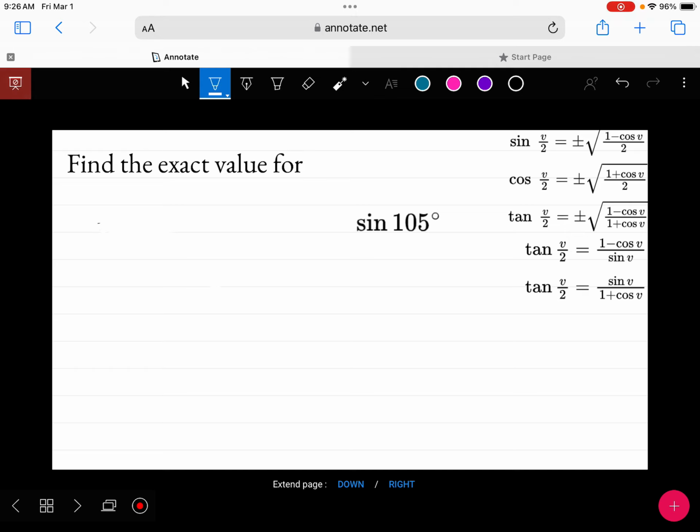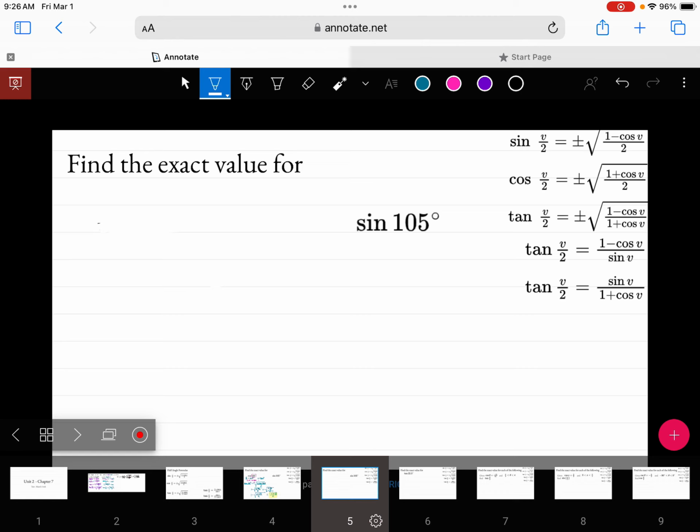There we go. Sine of 105. So again, I don't know 105 off the top of my head. That's not one of the things we know. But if we notice